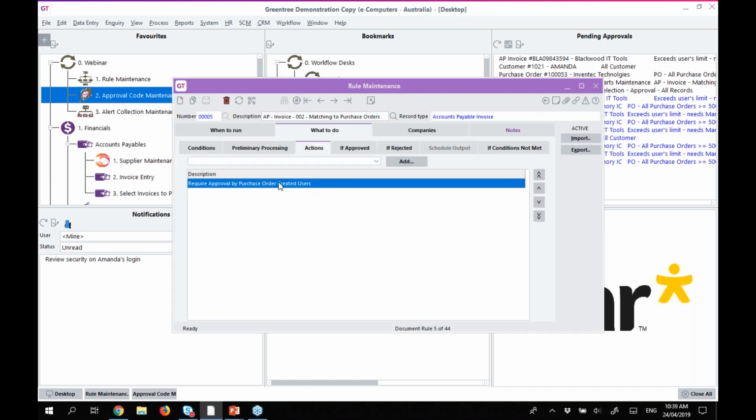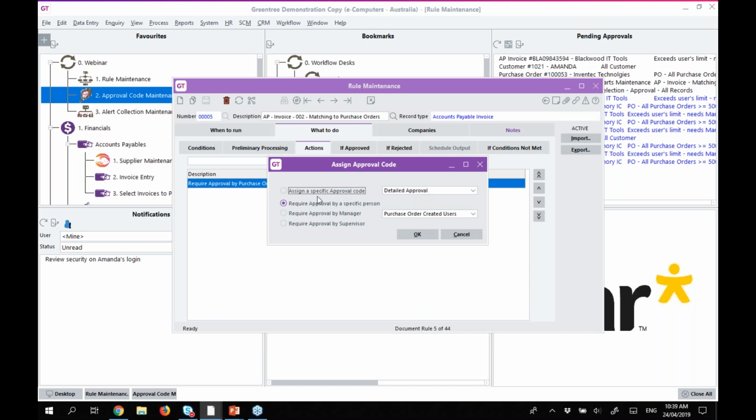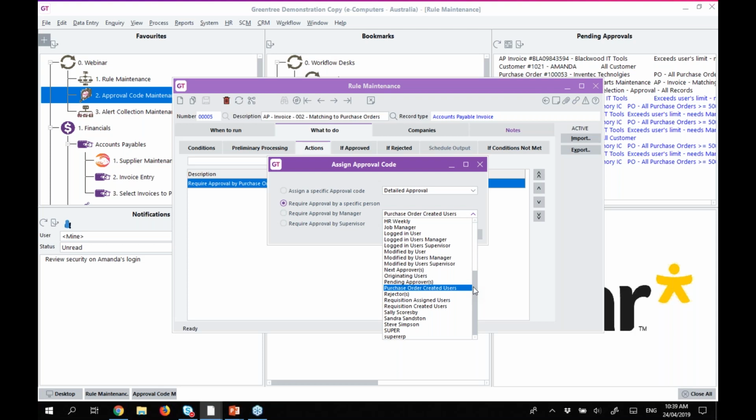So what that allows me to do is, in my rule, I can select that approval code, in this example, detailed approval, and I said requires approval by a specific person. So I've gone in and selected in this drop-down box the specific person. You'll get a list of all the Greentree users, as well as a list of additional options. And that list may vary a little bit depending on the record type, but you'll get a lot that'll be